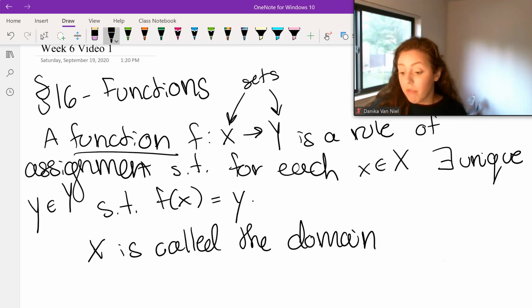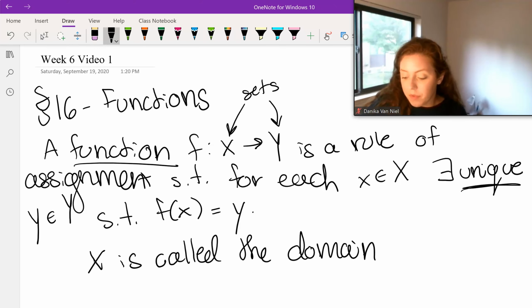Something I forgot to really emphasize is that it's a unique element in our set y. I'll go over that again later. But